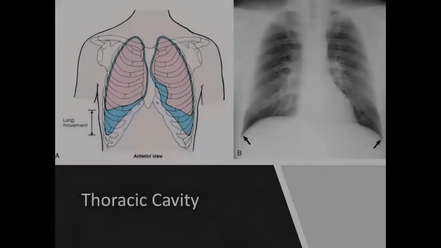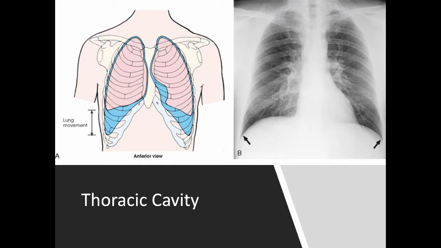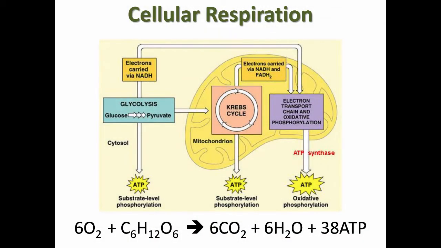Lesson 6a, the respiratory system. The primary organ of the respiratory system is the lungs. This paired organ is found in the space of your chest, known as your thoracic cavity. The main function of the lungs is acquisition of oxygen to be used in cellular respiration, where ATP is generated